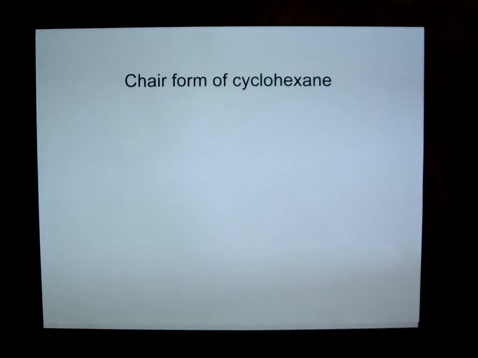The next several of these little video lectures are going to address cyclohexane and substituted cyclohexanes because it gives us a really good opportunity to look at constitutional isomers where things are attached differently, geometric isomers where different groups are pointing in opposite ways with respect to each other or in the same way, and then conformational isomers where rotation about single bonds can move things from one position to the other without breaking bonds or changing the identity of